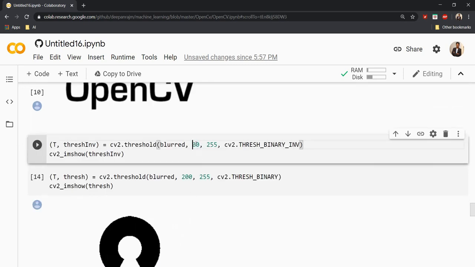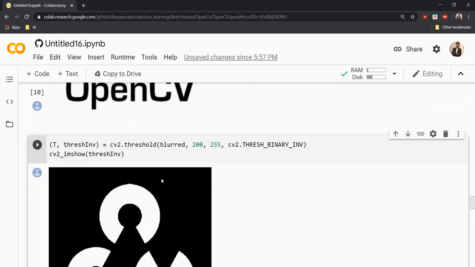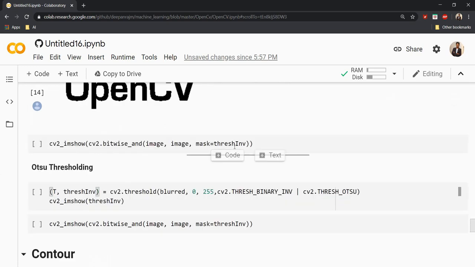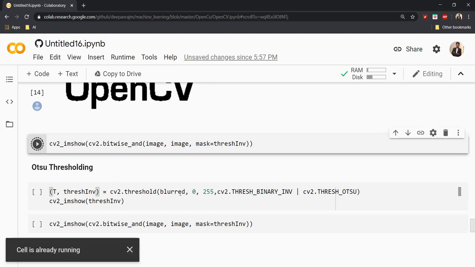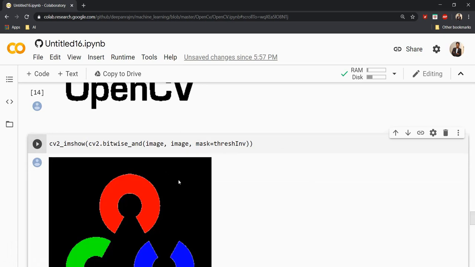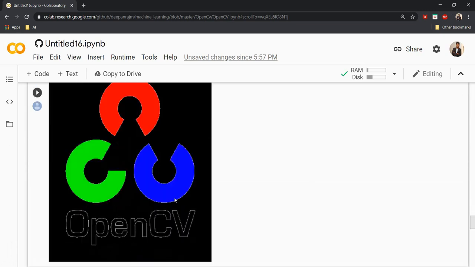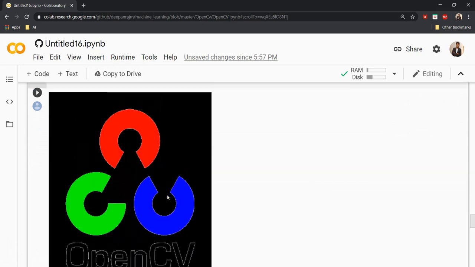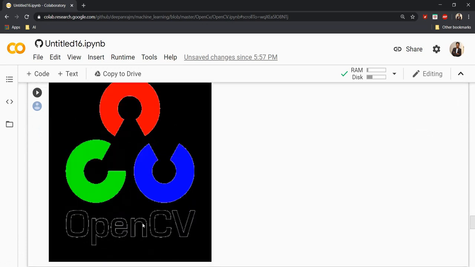Based on these numbers, we can create a mask, and that particular mask can be used for some other input function. So in this case, let me use this mask to multiply with my original image to get the components of it. So cv2.bitwise_and of an image, and the mask is my threshold inverse. If I run it, only the white portion will get multiplied with the actual image, and I get an image like this, which has the contents of the mask alone. Here you can see there is a lot of small pixel variation because of the edges. It is not that smooth. This time we can use our blurring and smoothing operation to make it much smoother.